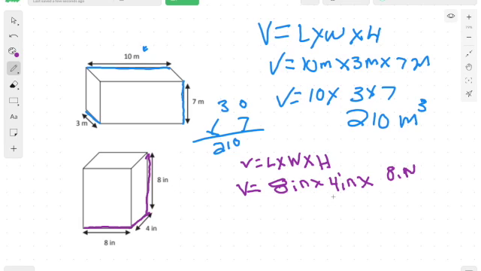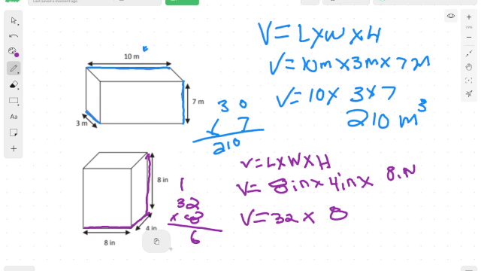Well, 2 eights is 16, so 4 eights has to be 2 sixteens. So to my mind, that makes 8 times 4, 32, right? Times this 8. Now 8 times 32, I don't know about you, but I wouldn't even try to do that one in my head. I would just come over here with a pencil and go 8 times 2 is 16. 8 times 3 is 24 plus 1 is 25. So I get a total volume of 256